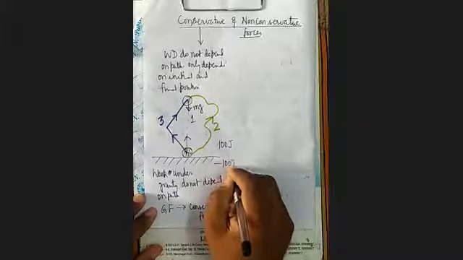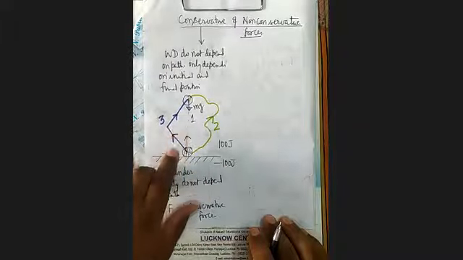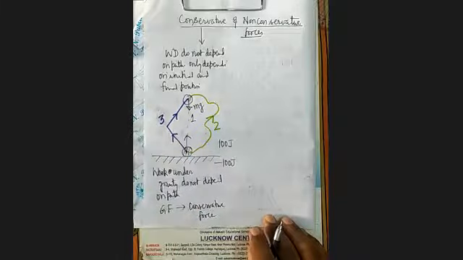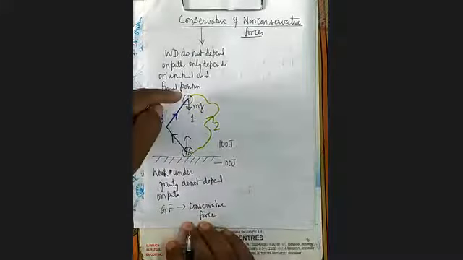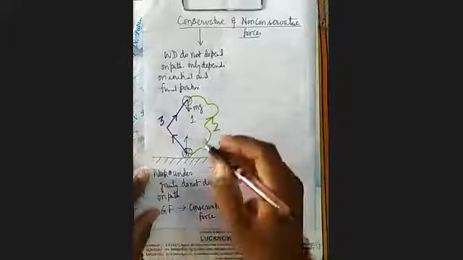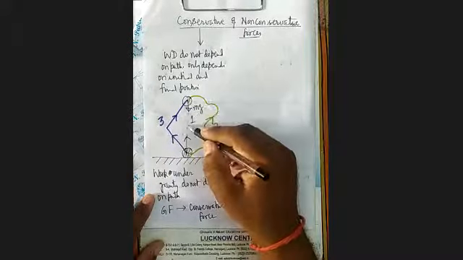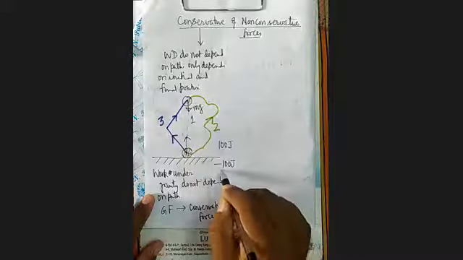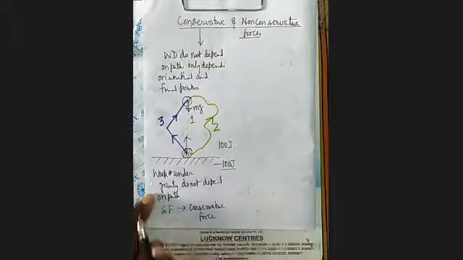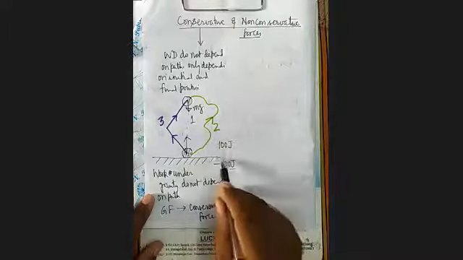And why is it minus 100 joule? Because when you are going up, work is done against gravity. When you are bringing it in the downward direction, you are coming along the gravity. The body is brought along the gravity, and therefore work will be done by the system itself, by the body itself, and that work is taken negative.